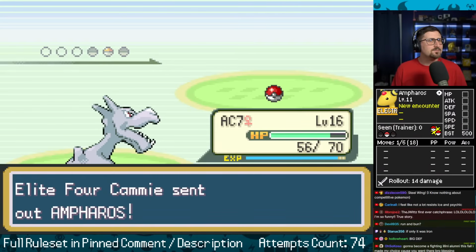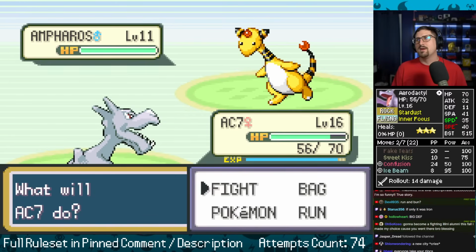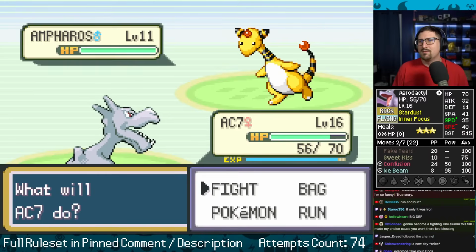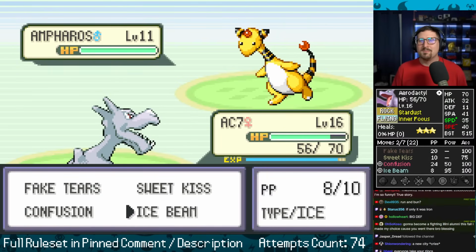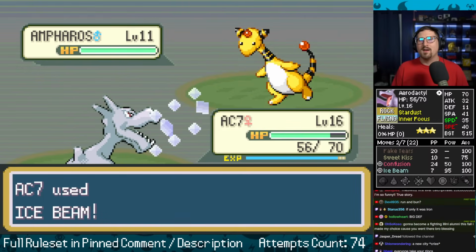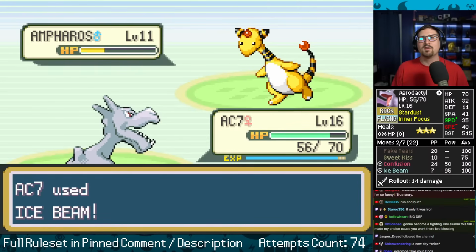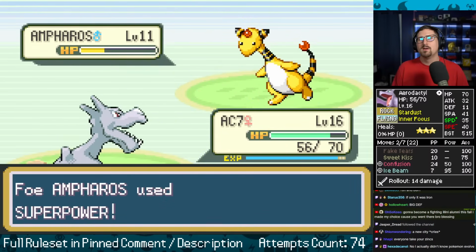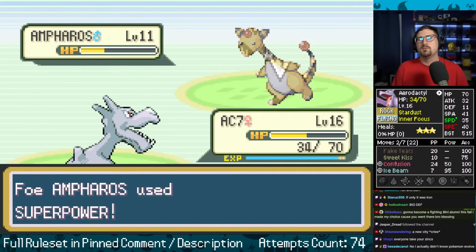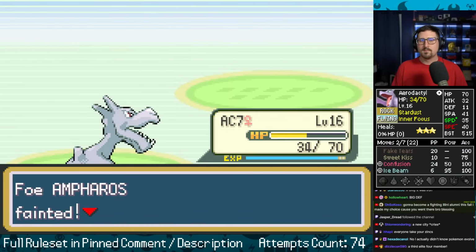Keep growing. Ampharos! That could also be scary. Big stats. Please do not have a STAB electric move. I beg of you. It's probably 2 Ice Beams is the knockout here. And maybe 1, depending on how the stats are spread, but it's probably going to be 2. So we got to survive something. Yep. Superpower. Okay. That is going to... No, we're good. We're good. We did it!